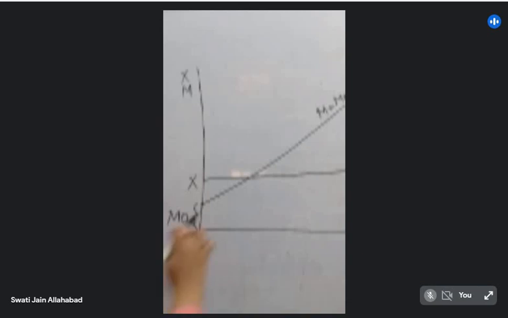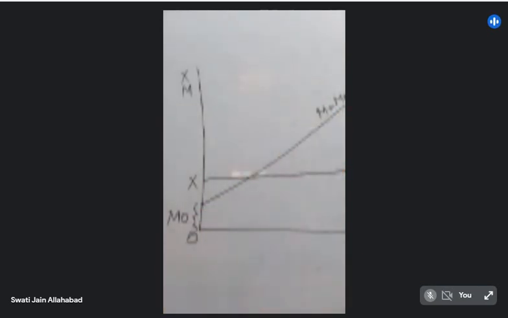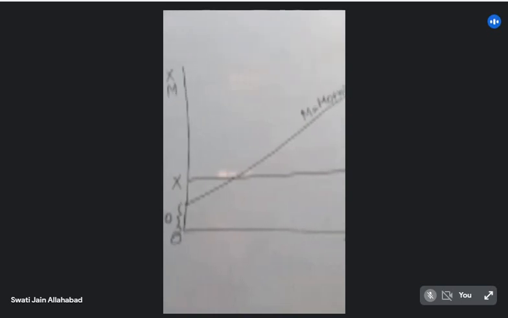Now, after that, you see that the line is positively sloped. What it means is that as the income level rises, import rises. And how much imports will rise as the income level is rising? That depends on the marginal propensity to import, or the tendency to import.